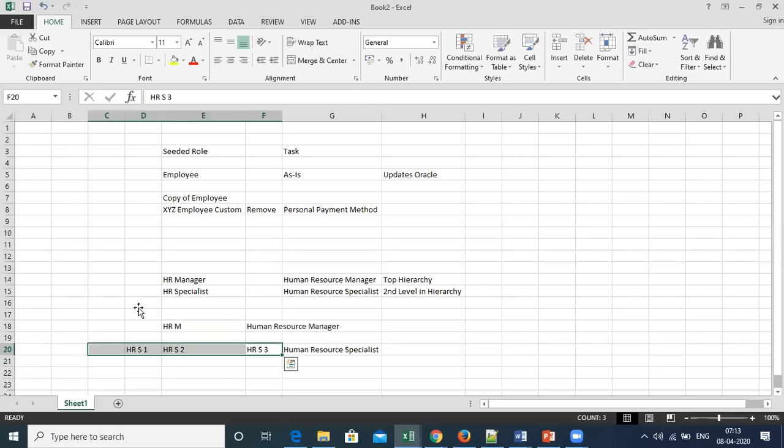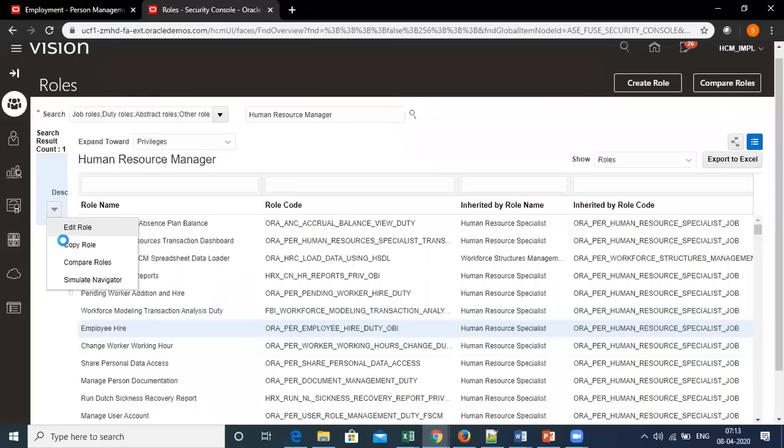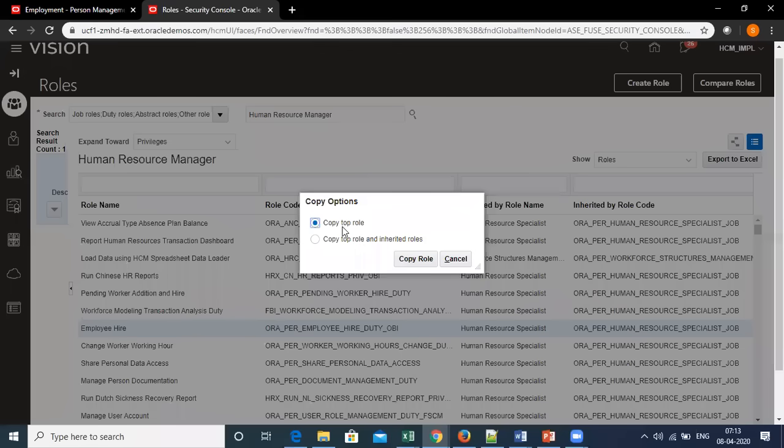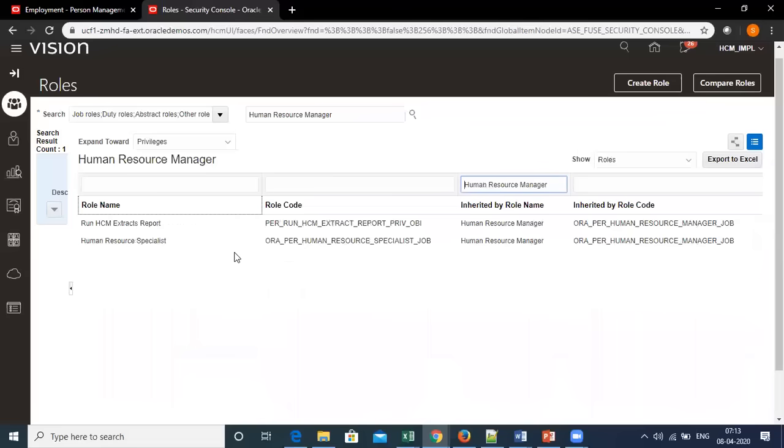Okay, so when we talk about copying a role, when I say I want to copy the role and choose copy top role, it means that it will copy only the roles which are directly inherited by human resource manager. As you can see, these two roles are directly inherited by human resource manager.